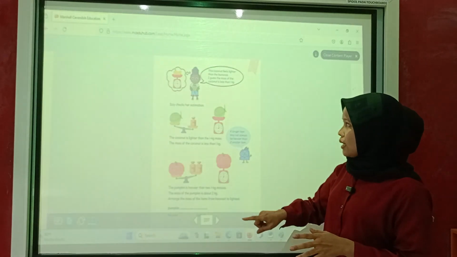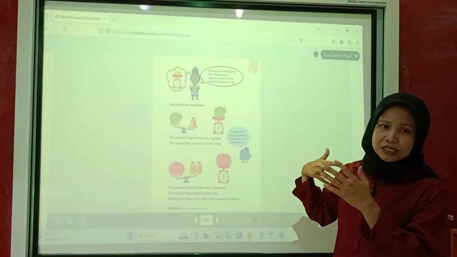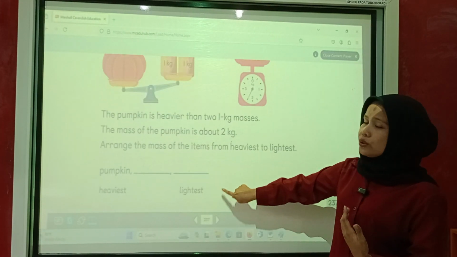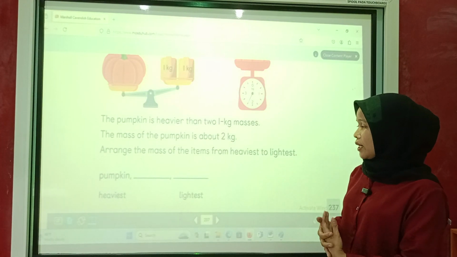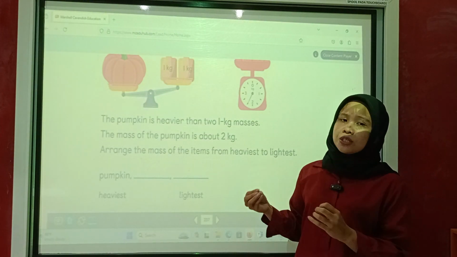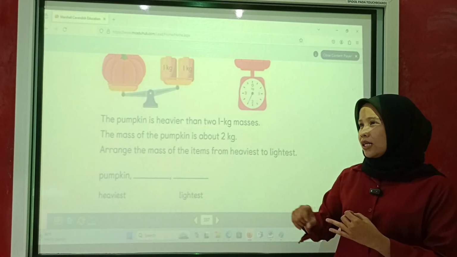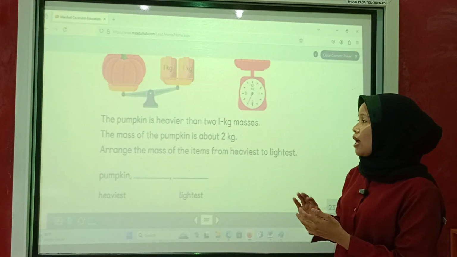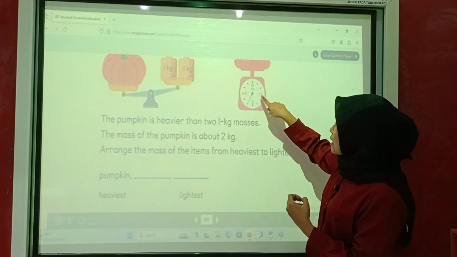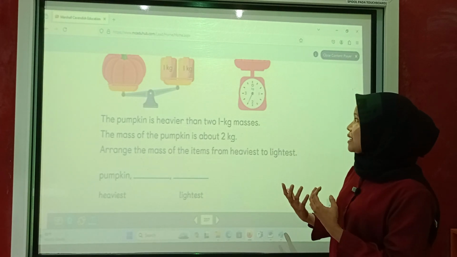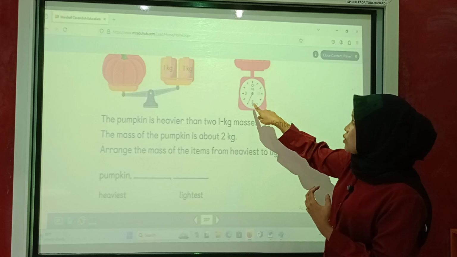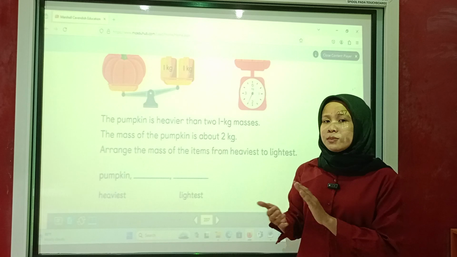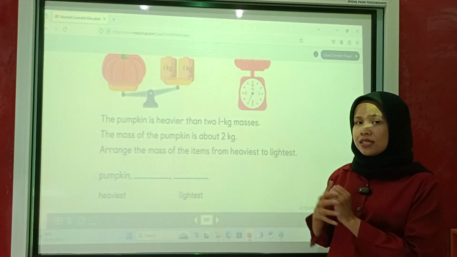And then I will ask them, do you have any questions or something like that? If they don't have any questions, we will continue the lesson and we will do the exercise on this chapter, to make sure the students understand about kilogram, gram, and the scale. So the scale is used to measure the mass of the objects. So they will know that by using the scale like this, they will measure the objects. This is 1, 2, 3. So they know that this is kilogram, this is gram, and they understand how to measure the objects by using scales.